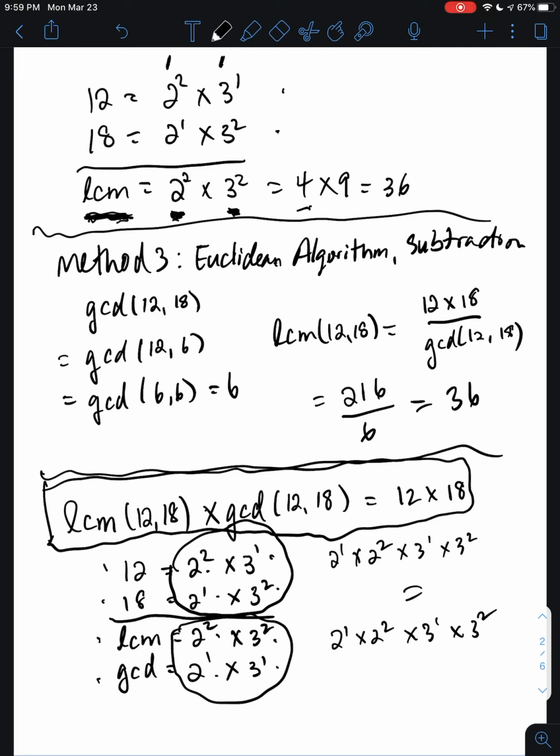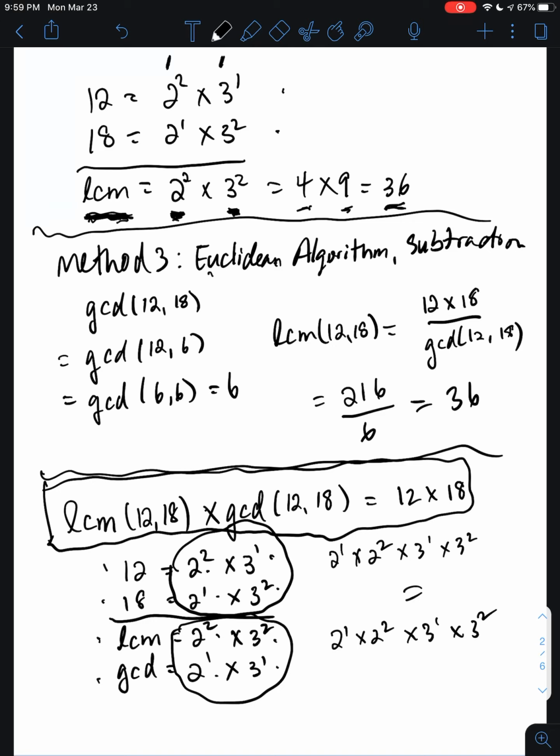2 to the power 2 is 4, 3 to the power 2 is 9, 4 times 9 is 36, which agrees with the LCM we got in the previous method. So here again we see that the LCM of 12 and 18 is 36. All right,